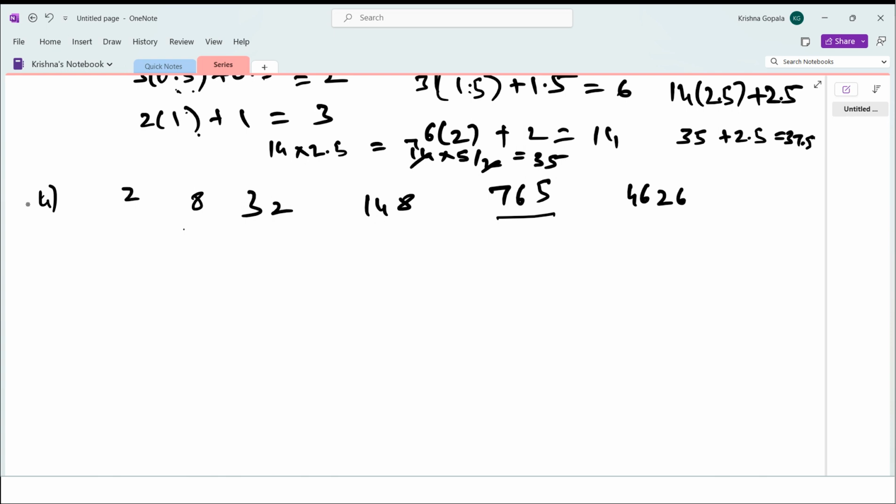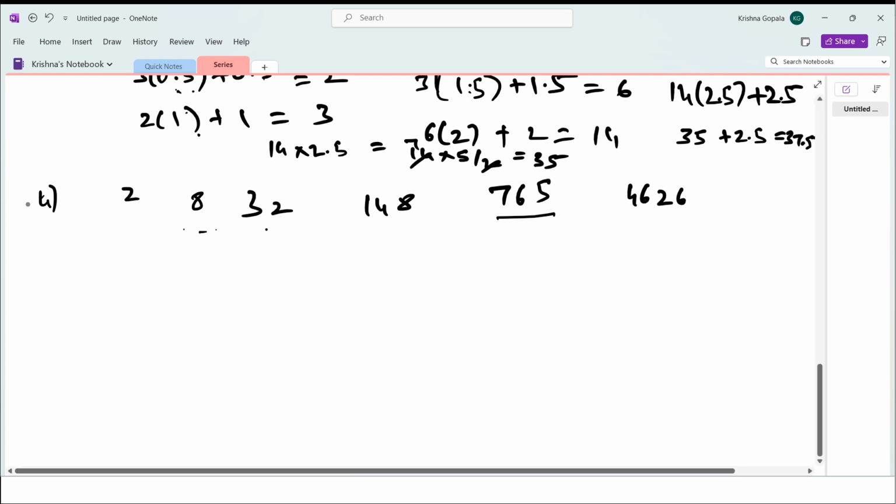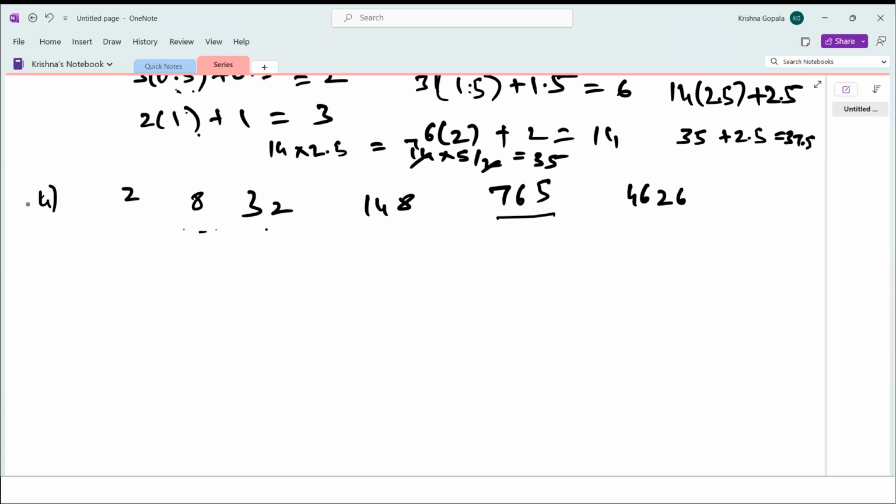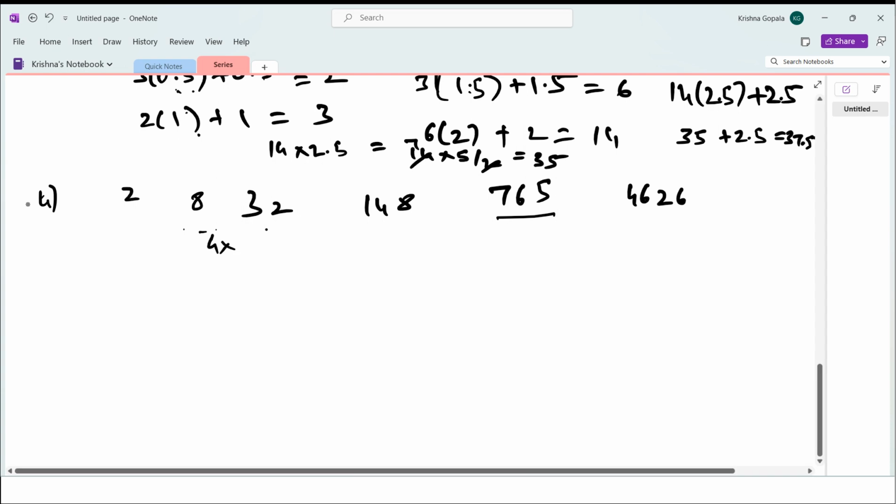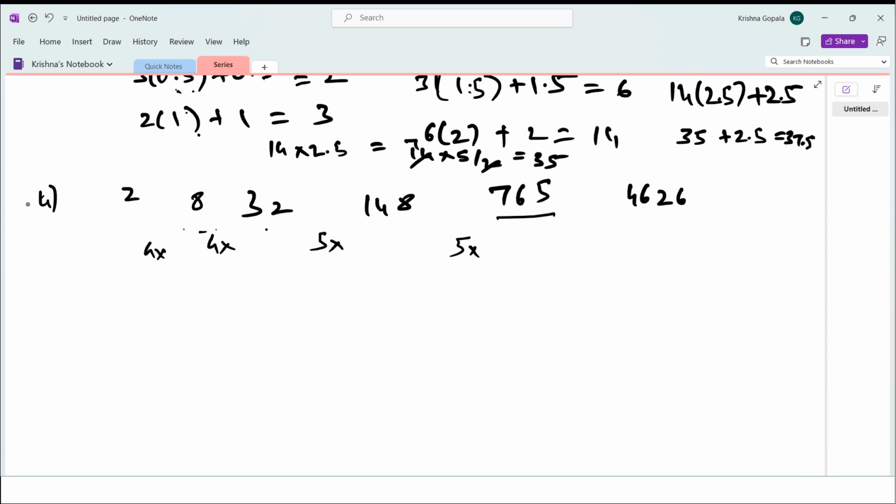right? So now 8 fours are 32, right? It is growing kind of 4 times, but it is growing more than 5 times, or around 5 times, right? This is around 4 times. This is also around 4 times. This is also around 5 times. This is also around 5 times, 150s, right? Or 750. Okay. This is also growing more than 5 times. Now let's look at this carefully. And we have an odd number also in between,